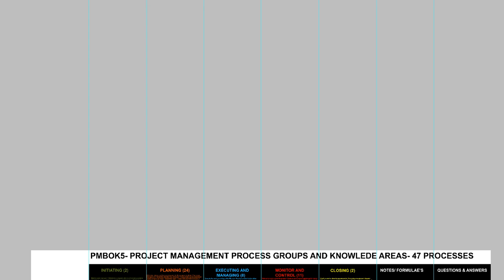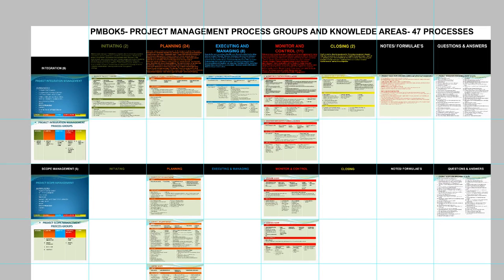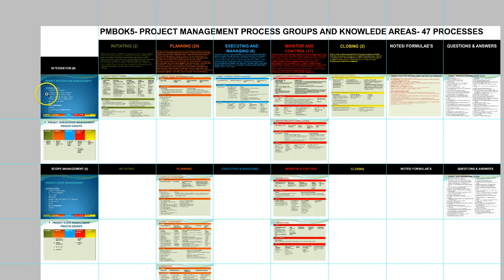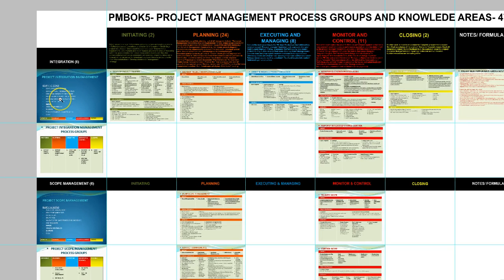So now let's see how this works. What I am going to start with is the first knowledge area, which is project integration management. What happens in project integration management is